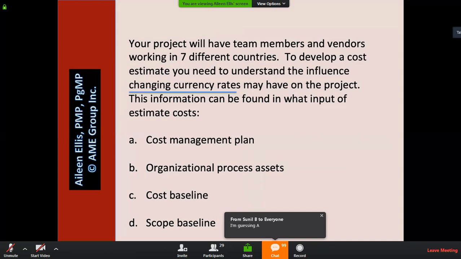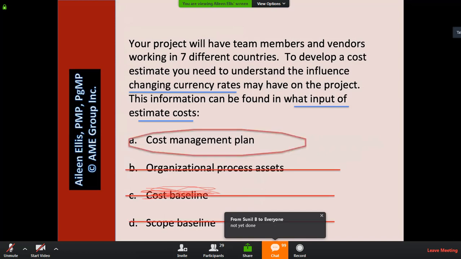So first I'm going to eliminate answer C. Any comments on why answer C must be wrong? Right? Because we don't have a cost baseline yet, so it can't be an input of estimate costs. The answer that we're looking for here would be the cost management plan. So our cost management plan should say very specifically how on this project we're going to deal with changing currency